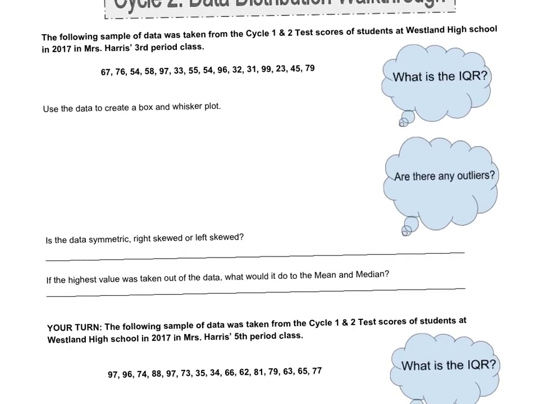The first thing we want to do is put these numbers in order from least to greatest. I already did this on another sheet of paper, so I have the answers really quickly for you, and I'm going to write them right underneath. So you write what I write. We have 23, 31, 32, 33, 45, 54, 54,